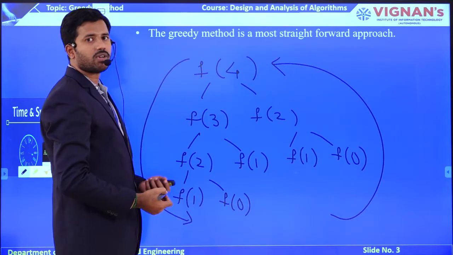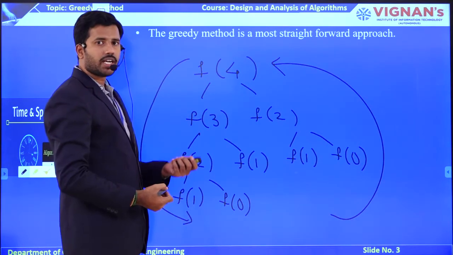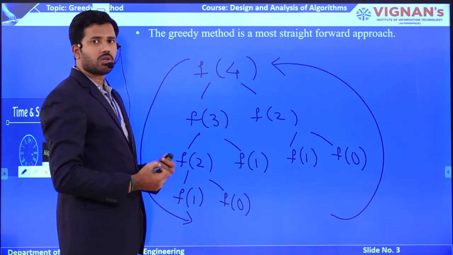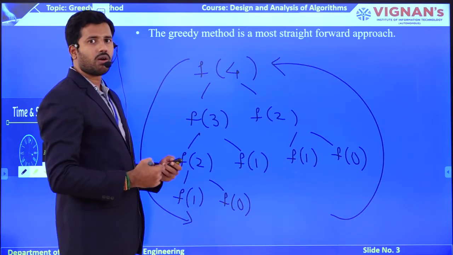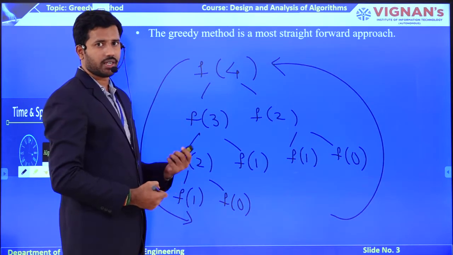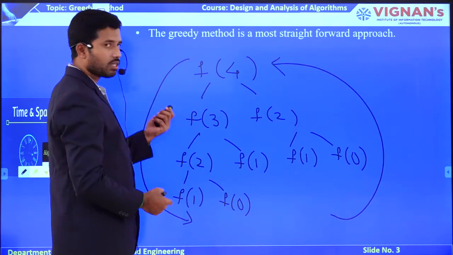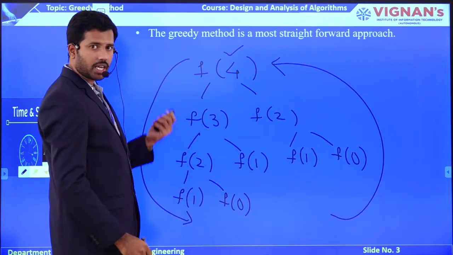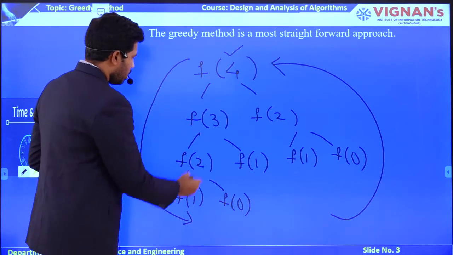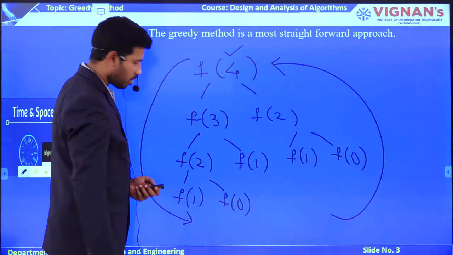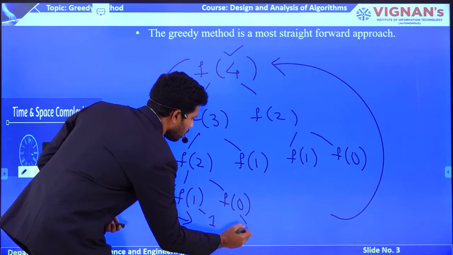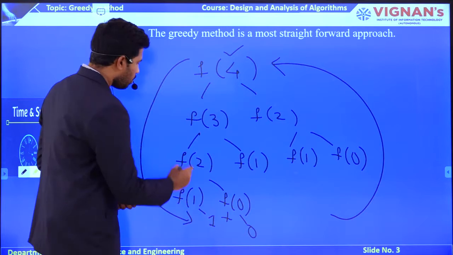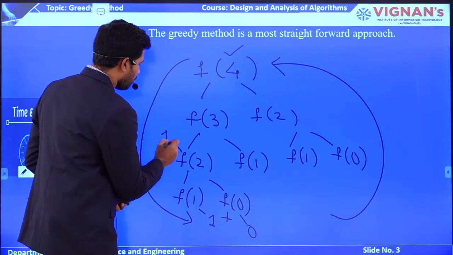The main theme of divide and conquer technique is to divide the big problem into small problems. After having solutions for those small problems, you combine all the sub-solutions to make a whole solution. This is the tree structure for the Fibonacci sequence with parameter 4. If you observe this tree structure carefully, what is the value of Fibonacci of 2? The value of Fibonacci of 1 is 1, Fibonacci of 0 is 0. After applying the addition operation on these two, you get the Fibonacci of 2 value as 1. 1 plus 0 is 1.